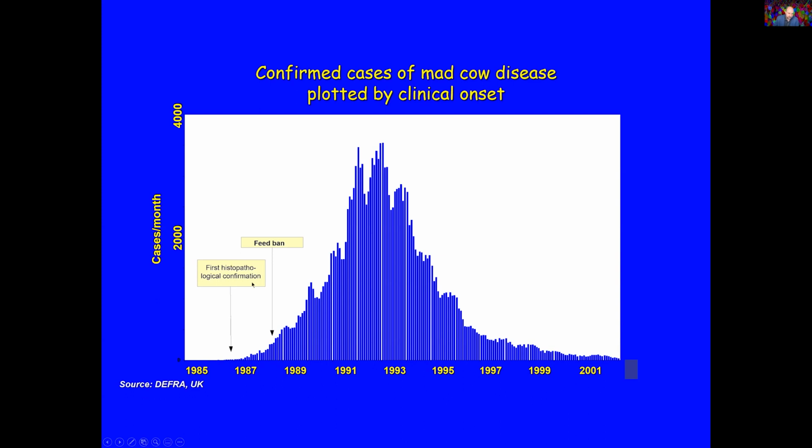So the first histopathological confirmation of mad cow disease happened in 1986. This was Wildsmith and Wells, two veterinarians in the United Kingdom, and then things picked up speed, and then the exponential growth in the number of cases. And then it was realized very quickly that the disease was being spread through the foodstuff, and then a feed ban was implemented. So people said, okay, fine, we now prohibit the use of these proteins for consumption to